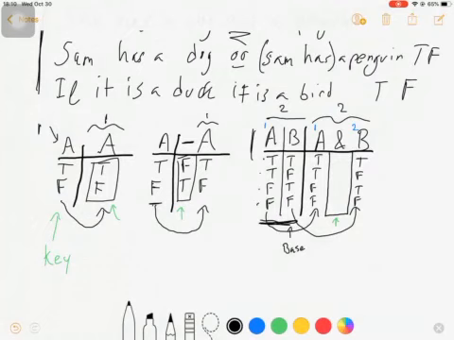So for an AND statement, in order for an AND statement to be true, both of the independent pieces have to be true. So let's go back to think about our case when